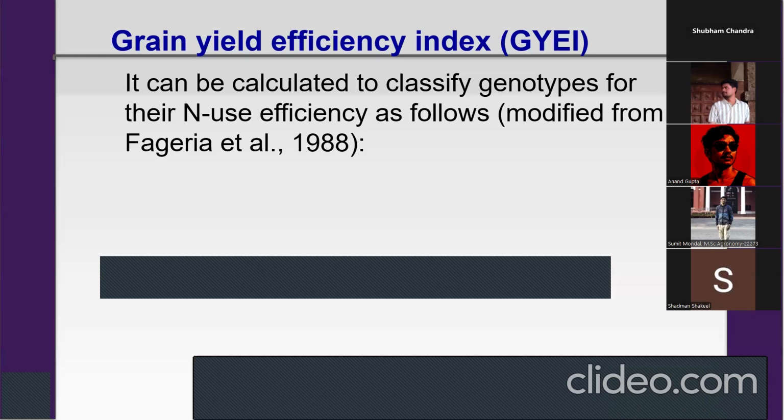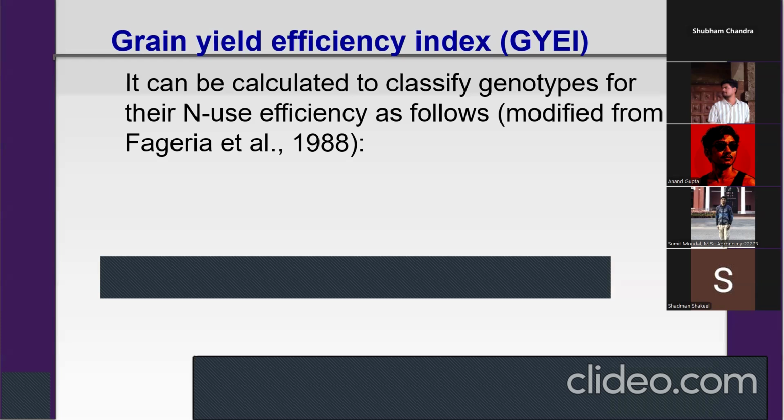So the message I want to tell you is that the grain yield efficiency index is used very widely by the All India Coordinated Research Improvement Project on Rice to evaluate rice varieties. At one place, they will take 10 or 12 genotypes, maybe sometimes 20 genotypes. They are evaluated under graded levels of nitrogen, say 0 kg N, 40 kg N, 80 kg N,